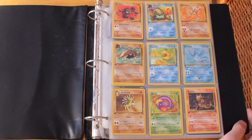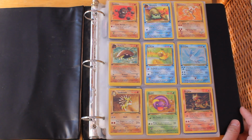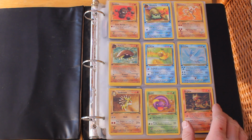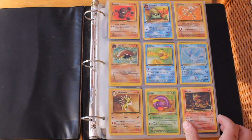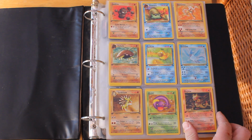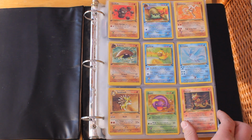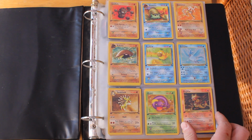Alright, I dug up my old Pokemon cards from when I was a kid. I think I got these when I was like 9 or 10 and just kept them. I thought it would be fun to just go through and see what I got. I only know the basics of it, and I don't know the values, like selling them, because I don't really care about it. So, but